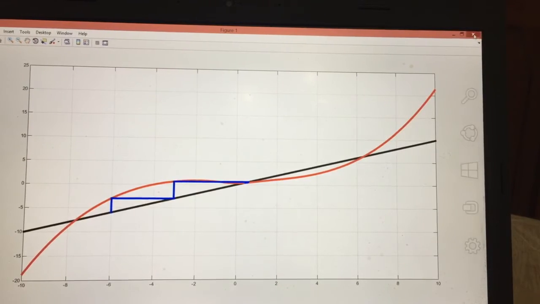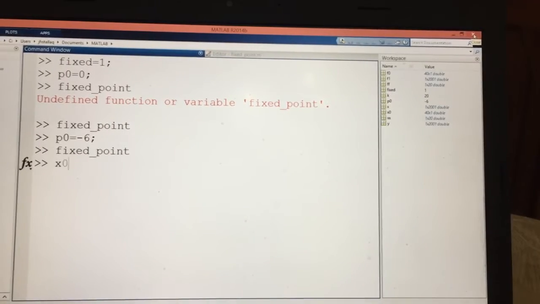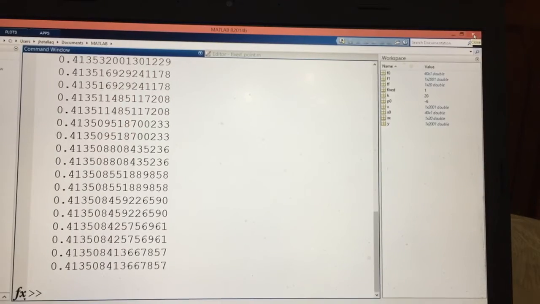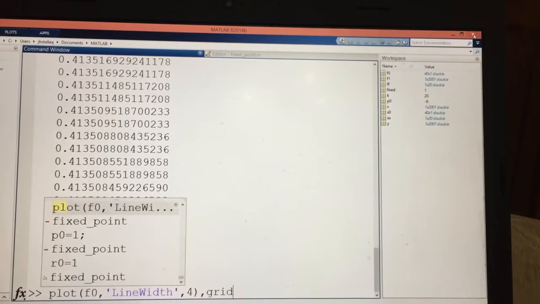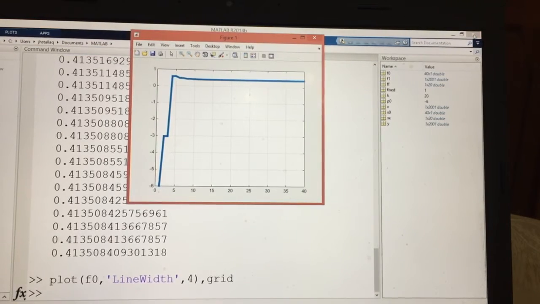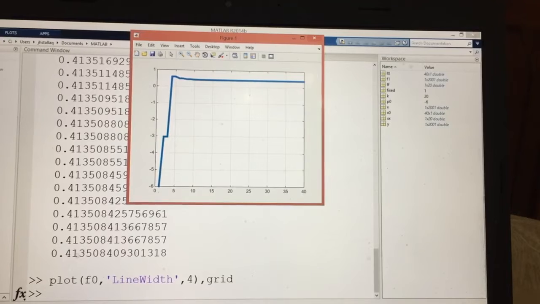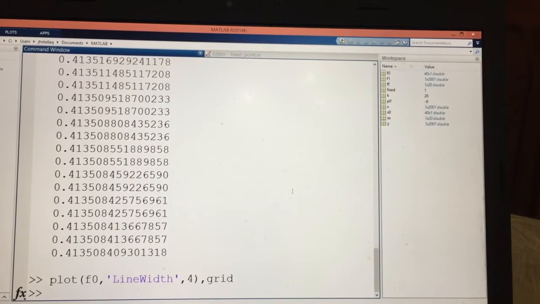Let's see what this point here is. If you look at x naught, that's the vector. So it's the same for f naught also. You can plot this if you like, and see. We started at -6, but it moves and converges to a point, 0.4135. That's the final value. So we succeeded in finding that value, because we know that if we do it again,